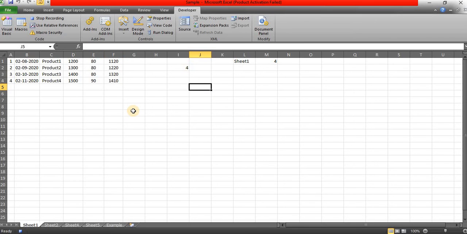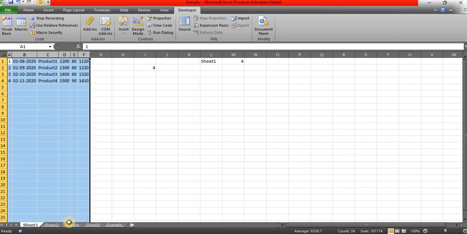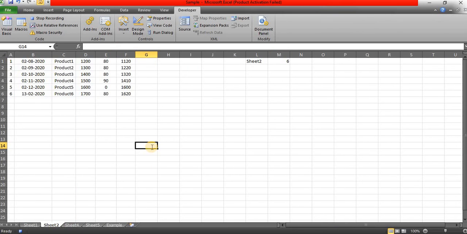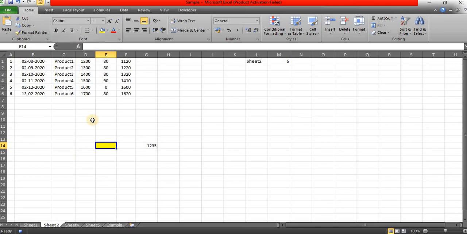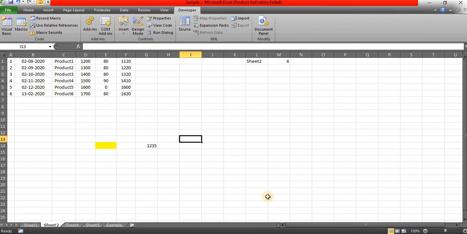Here, whatever you are doing, like auto fit. So currently I am going to auto fit, or else I am going to update 1 2 3 4. Also I am going to change the color. I have done a few things, right? Let me stop the recording and I will go to the Visual Basic window. Using the record macro button, I have recorded everything, whatever actions I did, everything has been recorded. Next, go to Visual Basic,